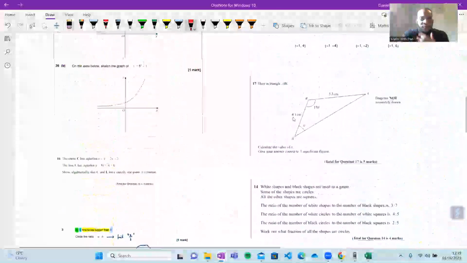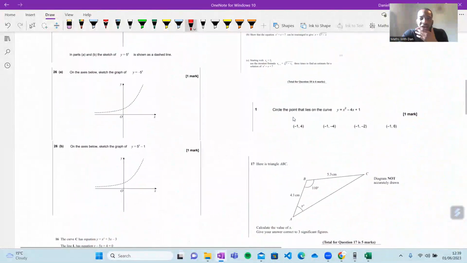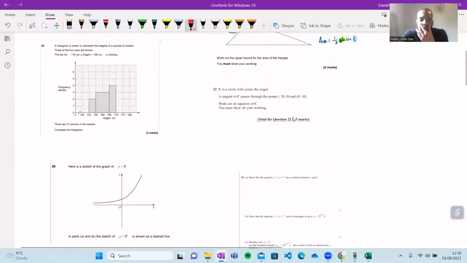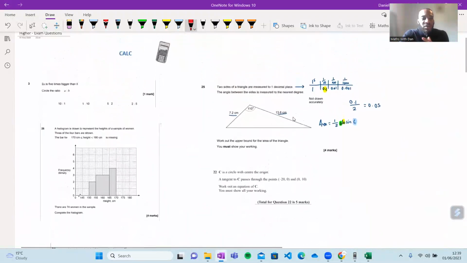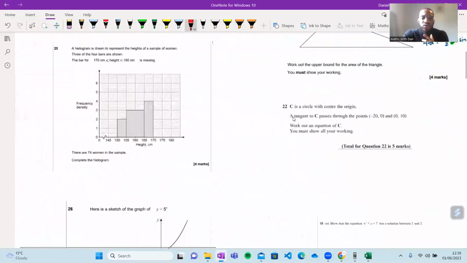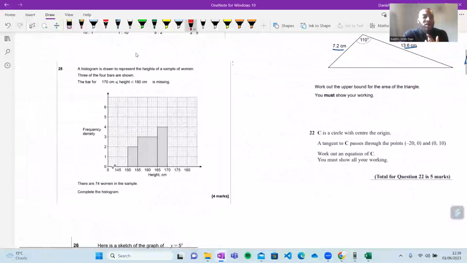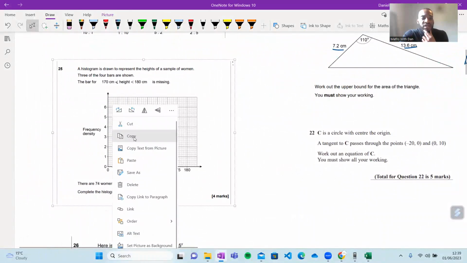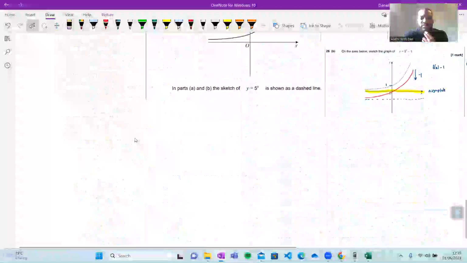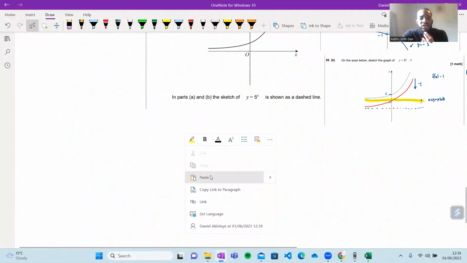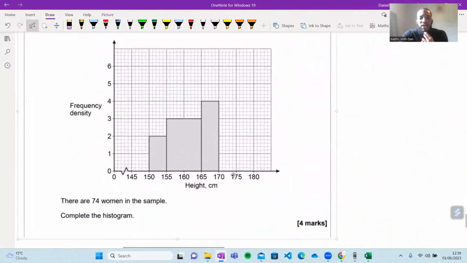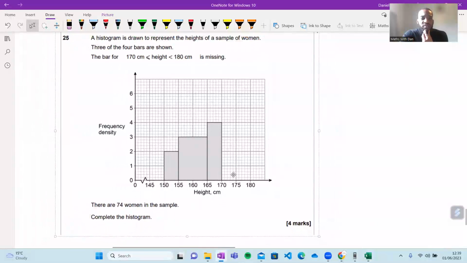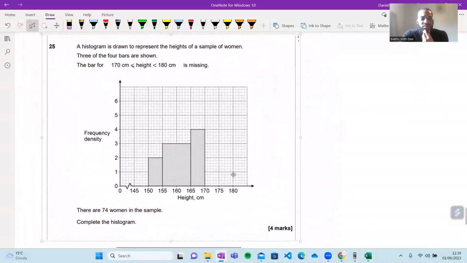Yeah. All right. Now, what should we do next? You know what? Let's do histograms because that's always going to come up for sure. Yeah. It may come up with a non-calculator. It may come calculator. Let's do this one. Let's see how we get on. So got this here. It's a 4 marker. So I'm going to give you about 4 minutes to try it, and then we'll go through it together. Yeah. So have a read of it. See how you get on with it, and we'll go through it together very shortly.